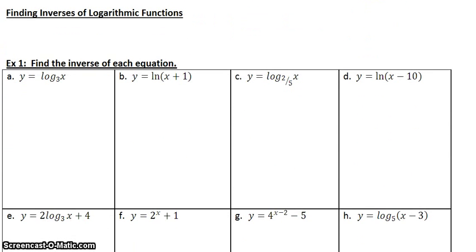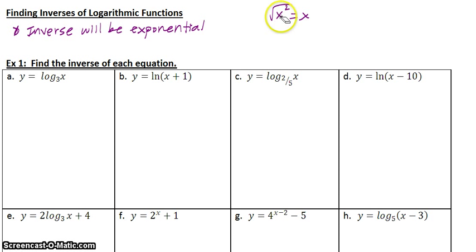Okay, to find the inverse of a logarithmic function, the first thing you should know is that the inverse will be exponential. The thing that we're going to talk about for the rest of this chapter is that logs and exponents undo each other. It's kind of like how if I had x squared, a square root undoes the squaring. If I have something logged of something, if I do an exponent, it undoes the log. I'm going to say more about that in a little bit, but logs and exponents undo each other. They're inverses. And we actually solve this the same way we solved those warm-up problems we just tried, which is